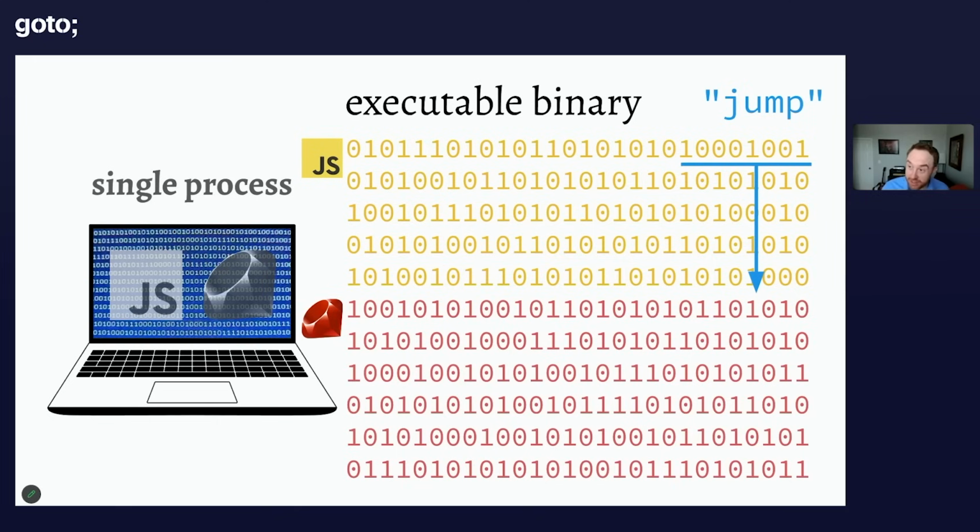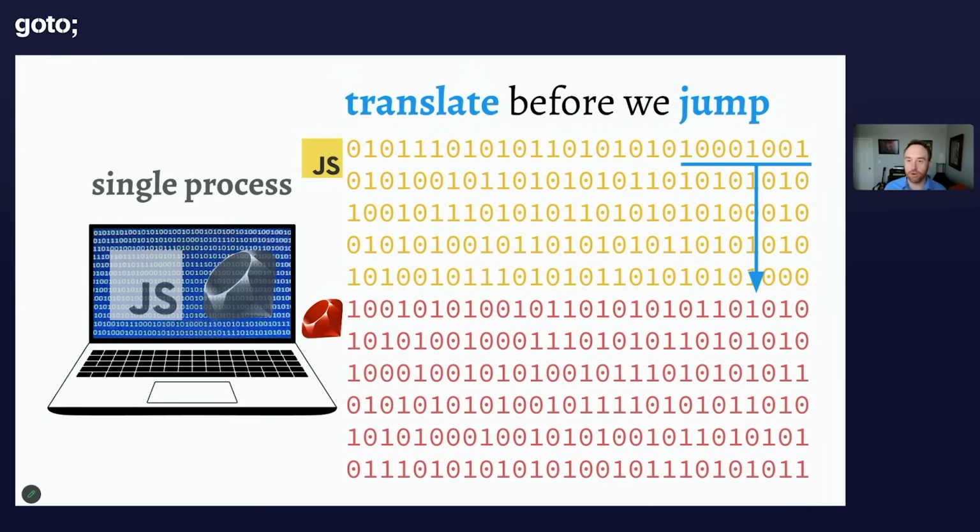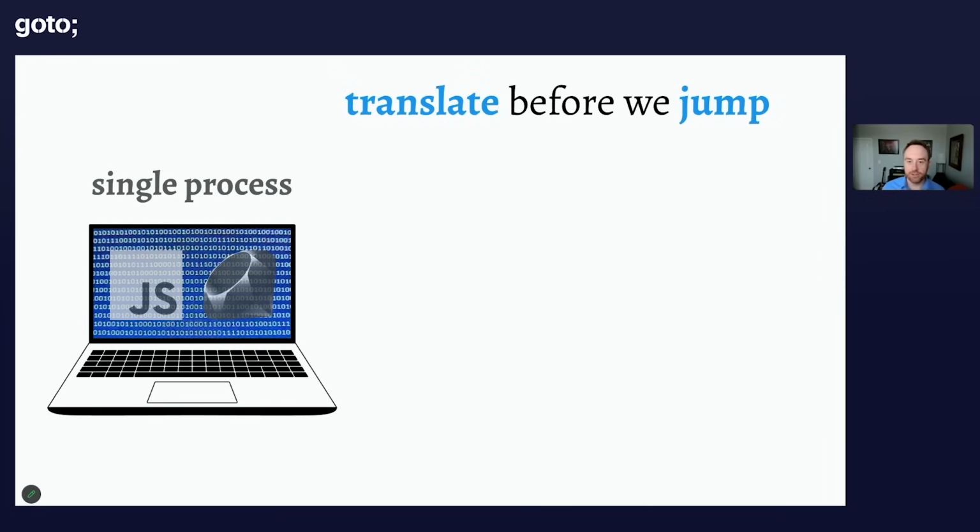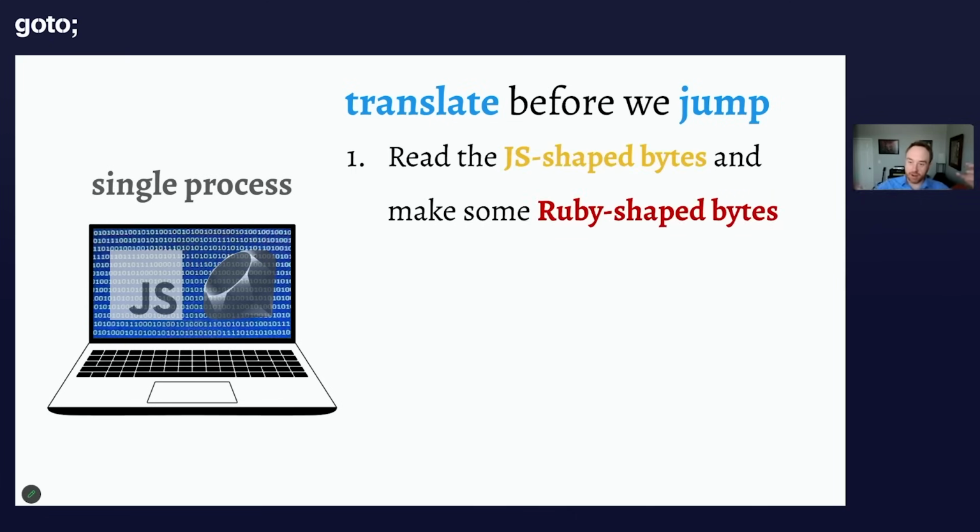What do we want to do instead? Because we have our JavaScript bytes, we have our Ruby bytes, and we want to jump between the two so that we can actually call a Ruby function from JavaScript in the same process. So literally, how do we do that? Well, basically, the conceptual idea is that we're going to translate before we jump. So specifically, we're going to start by reading the JavaScript bytes and then using them to make some Ruby-shaped bytes,